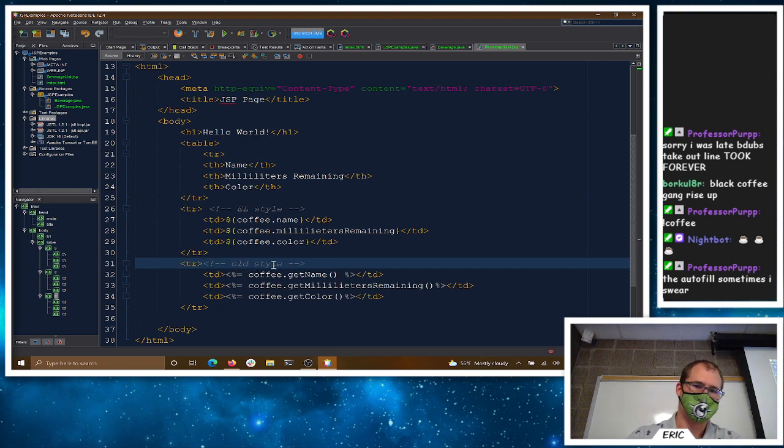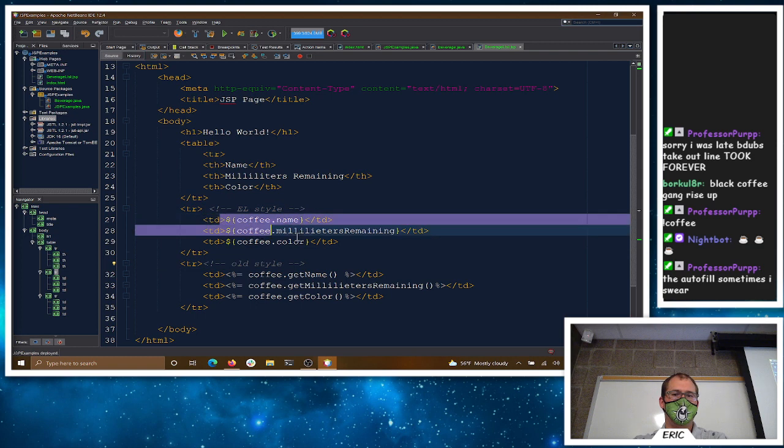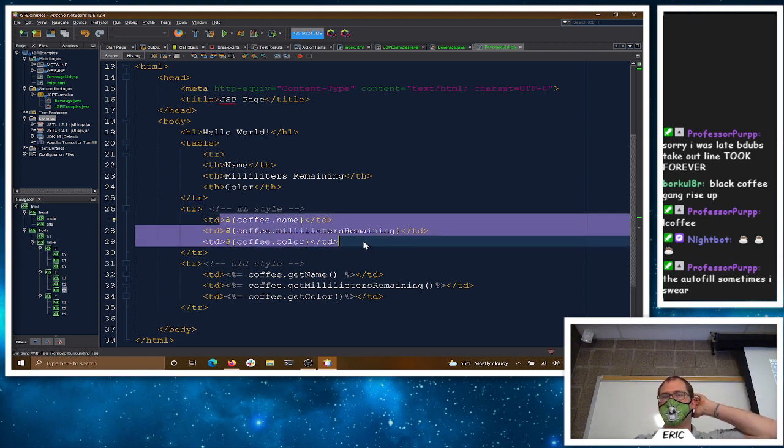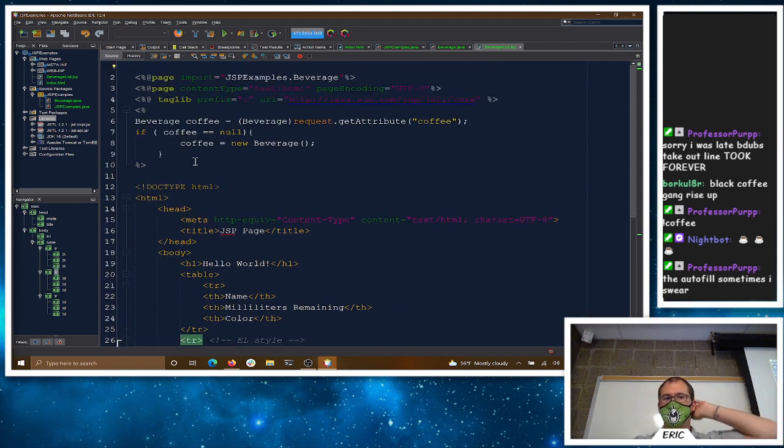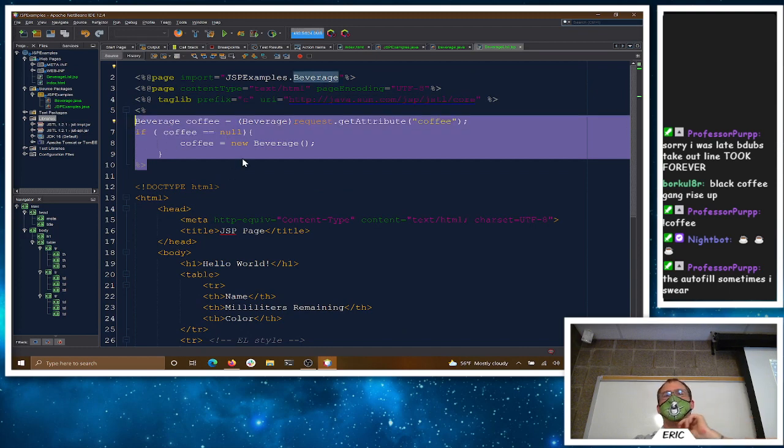Old style. So you can see this expression language is saving you quite a bit of time, right? You don't even have to do any of this. It goes and does this for you behind the scenes automatically, which is really cool. So now when we give this a run,